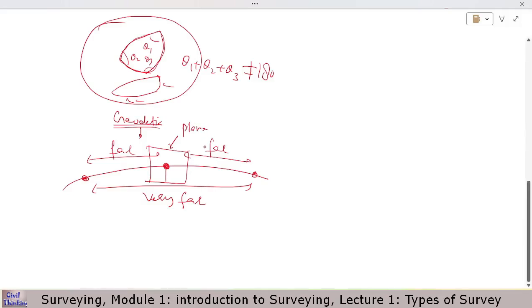So we kind of do a hybrid survey, if I can phrase it like this. For the larger distances, we do the geodetic survey. And when we establish these precise points using geodetic surveys, because geodetic survey is complex but precise,